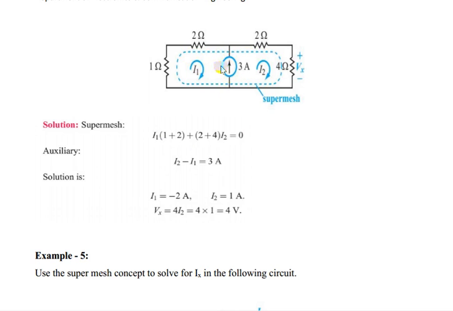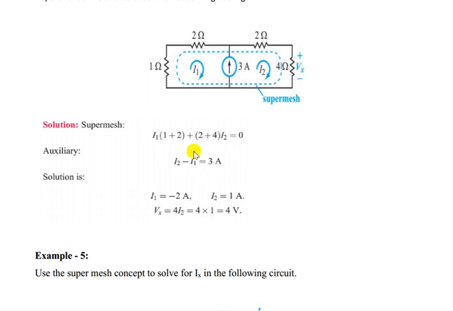Now you have to find the KCL equation. You have to write a KCL equation, which is also known as the auxiliary equation, from the super mesh. Now this 3 ampere current is nothing but I1 going downward and I2 going upward. That means I2 minus I1 equal to 3. So I2 minus I1 equals 3 ampere. So always you have to take care of the current source direction. I2 is going upward, so I2 minus I1 equals the source current.